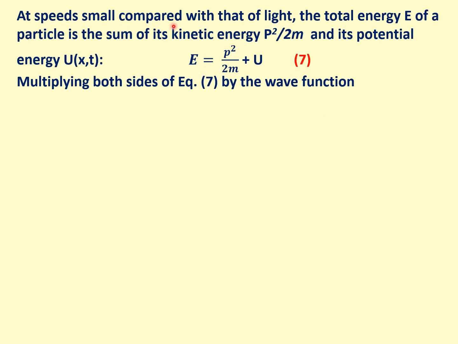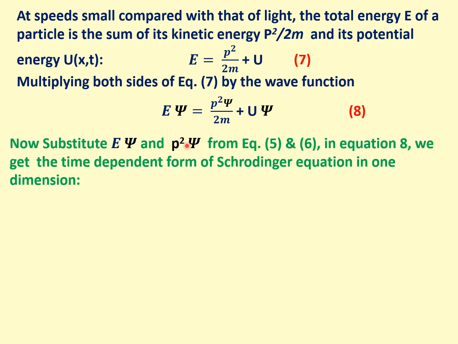For a particle moving with very low speed compared to light, the total energy E is the kinetic energy plus potential energy, where kinetic energy is p square by 2m and potential energy is U. If we multiply both sides by psi, E psi will be p square psi by 2m plus U psi. In the last slide we calculated E psi and p square psi, and we put these values in this energy equation. Then we have E psi as i h bar delta psi by delta t, and in terms of p square psi